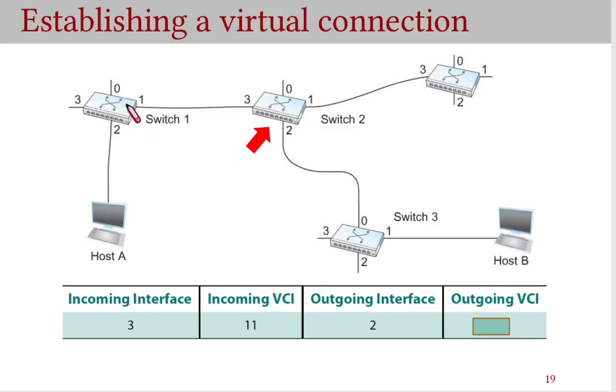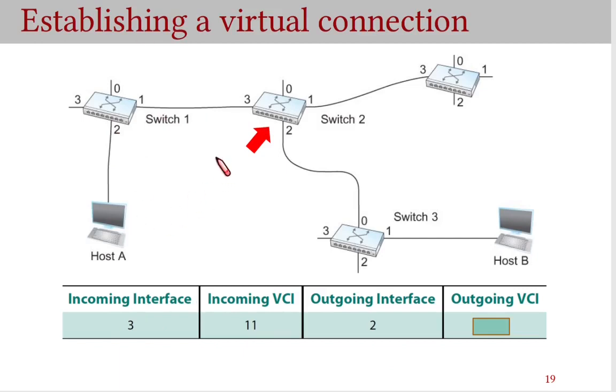And so it knows that this incoming packet has to be forwarded on interface 1, right? So the outgoing interface would have 1, and then it leaves this entry of outgoing VCI empty, because that is going to be assigned by switch 2, and switch 1 has no idea of which identifier is free at switch 2 on this incoming port. That knowledge is only with switch 2. And so after that it forwards the setup request to switch 2,